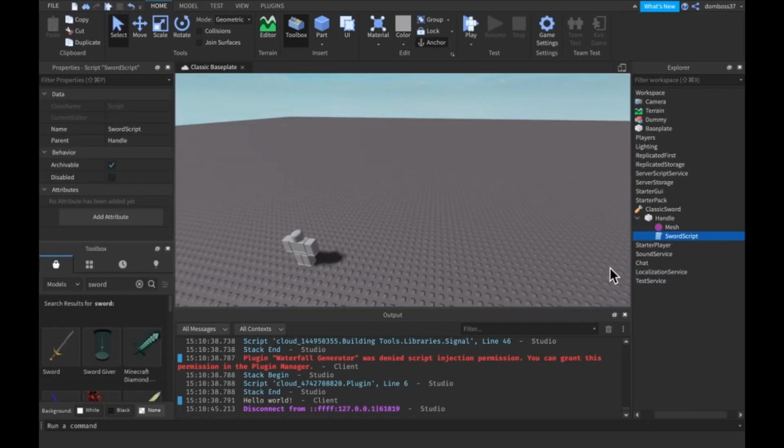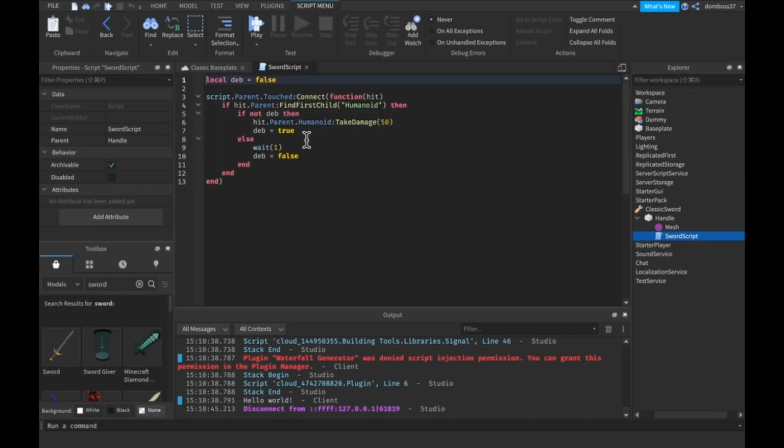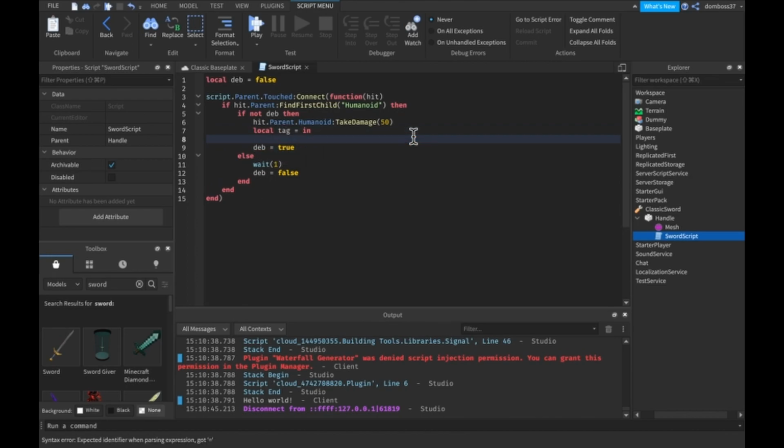Alright, so what we're going to do now is go back into whatever script you're using to damage somebody. Pretty much you're always going to have something like this, where you check if you hit a player, or if you want to be able to do it with dummies, then just check if there's a humanoid. And then where you take damage to that player, what you're going to want to do is set up a few things. So we'll make a local tag is equal to